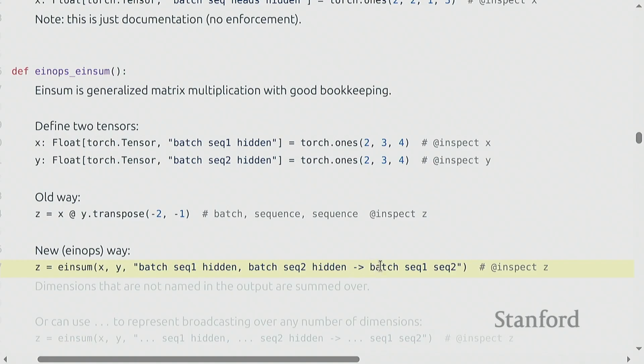Okay, so I write batch here because I just want to basically carry that over, and then I write seq1 and seq2. And notice that I don't write hidden, and any dimension that is not named in output is just summed over, and any dimension that is named is sort of just iterated over. Okay, so once you get used to this, this is actually very, very helpful. And if you're seeing this for the first time, it might seem a bit strange and long, but trust me, once you get used to it, it'll be better than doing -2,